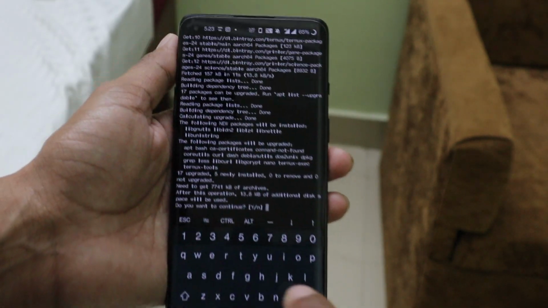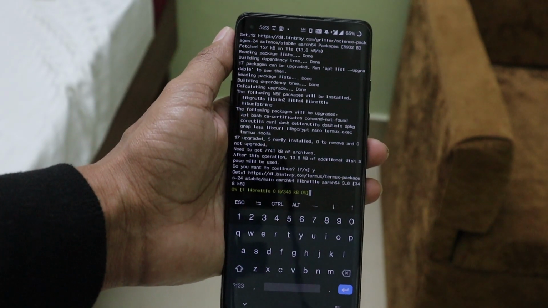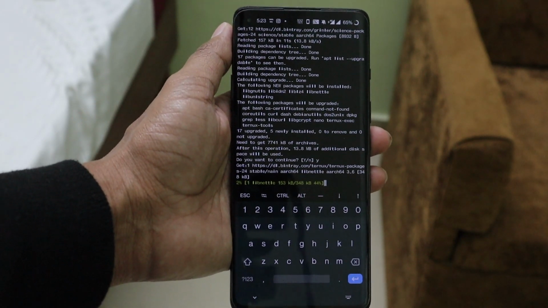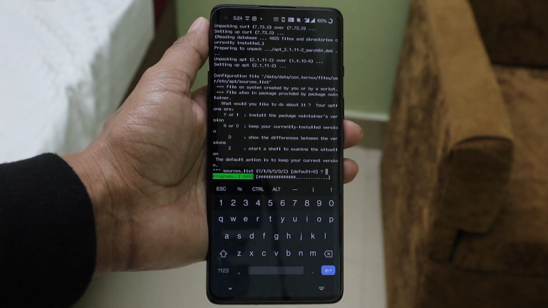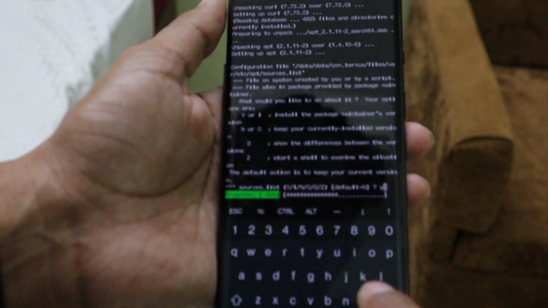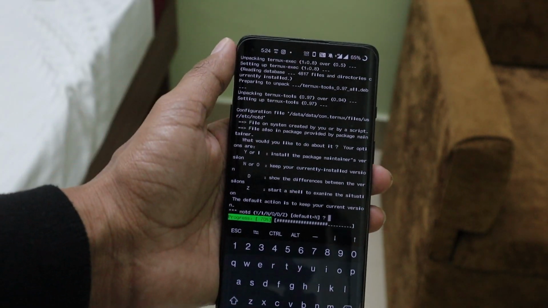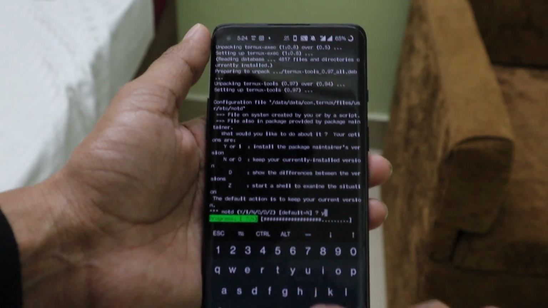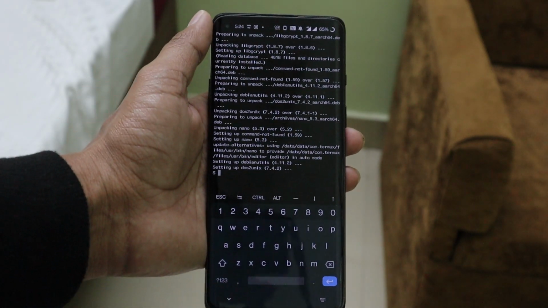Now type y here and hit enter. It will ask you again, so just type y and hit enter, and I again give y and hit enter, and now you can see the updating process is completed for Termux.